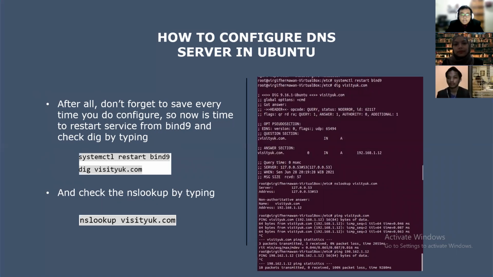That is by typing the domain name, which is our domain name visitu.com, and we can also do the nslookup command for the domain name. We can also check the IP address by typing ping with the IP address of our network. If the result displayed by the program is the same as the image on the right of the PowerPoint,